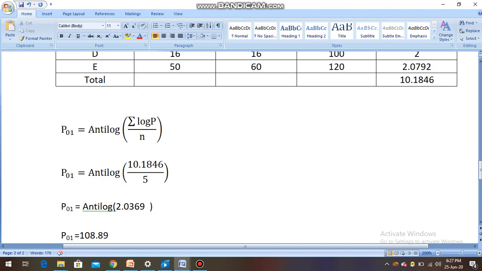Now, can you comment on this? Just try to comment on this. Yes, there is an increase in the current year as compared to the base year by 8.89% in the price of